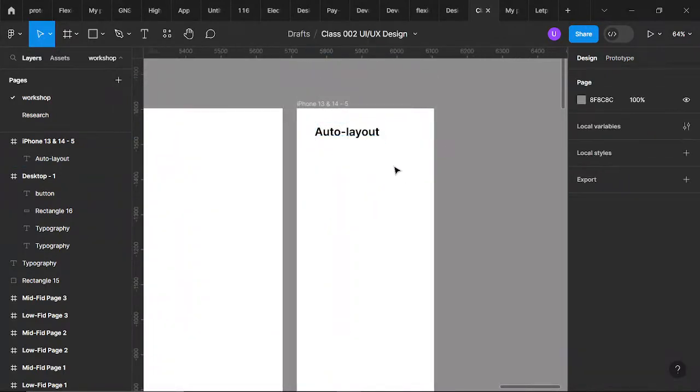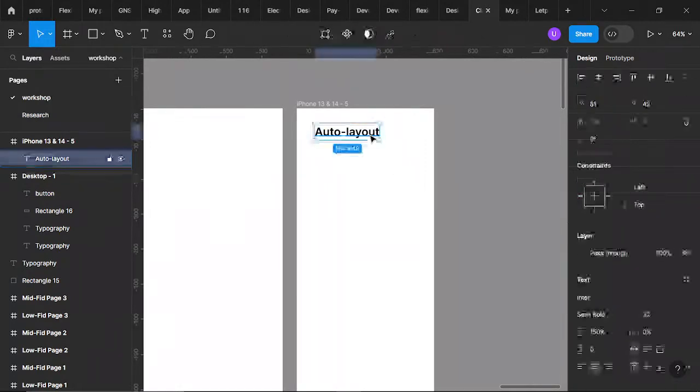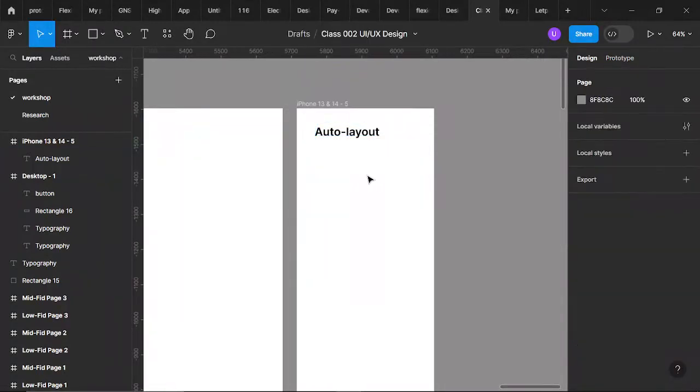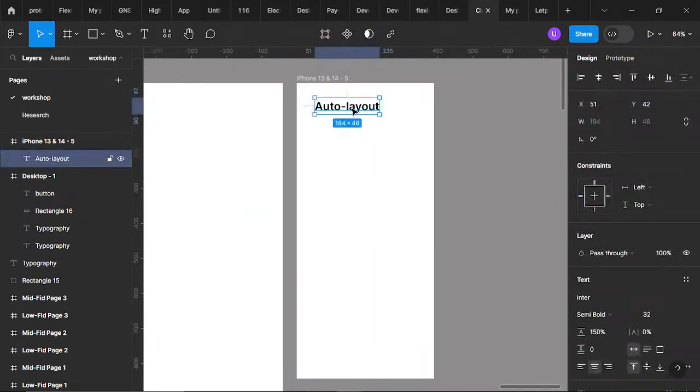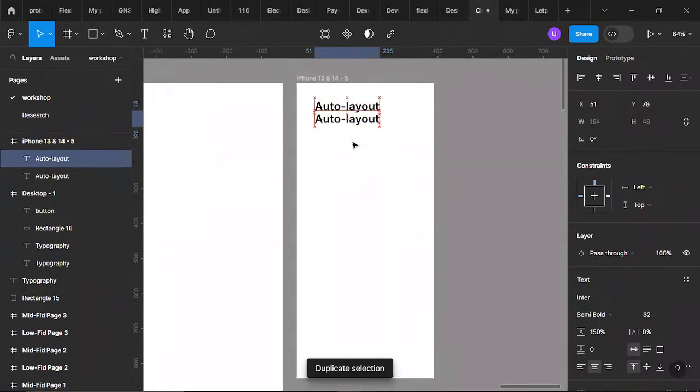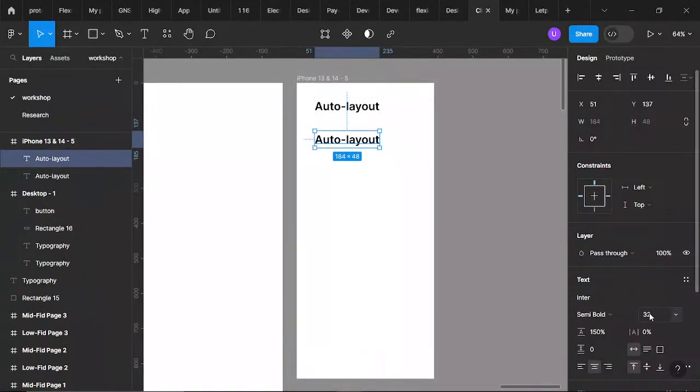So auto layout is a kind of approach that is, I think, only on Figma. I don't know, we might have it on some other platforms too, but on Figma it is known as auto layout. Since we are working on Figma, it's best for us to call it auto layout. Auto layout is mostly used to organize different elements in a particular section, in a particular container. So for example, if I want to create a button, let me name this a button.